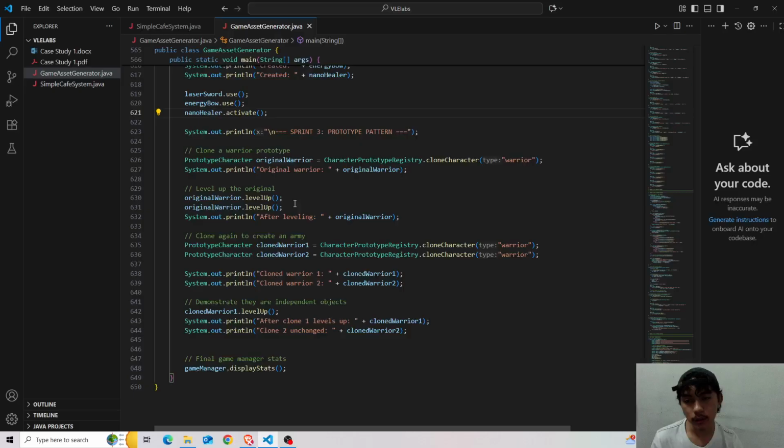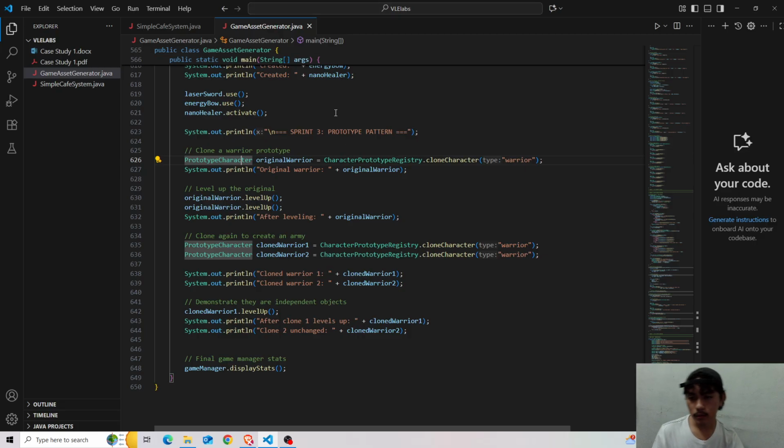For Sprint 3, the third sprint, the prototype pattern will be cloning a warrior prototype. Since we haven't implemented in the code the mage, the archer, and the rogue characters, we will only be cloning the warrior prototype.